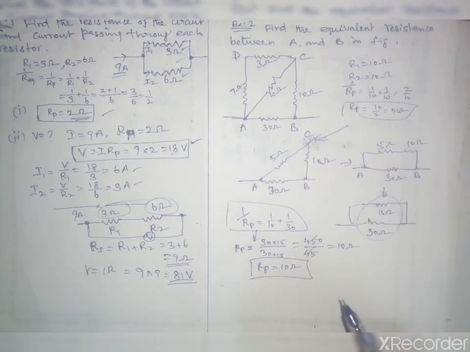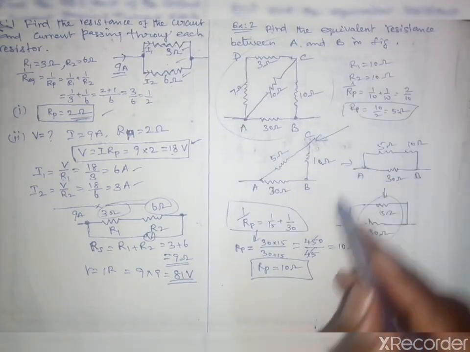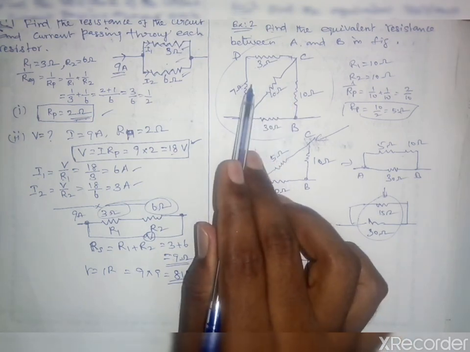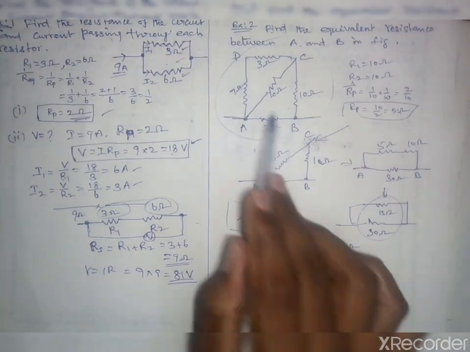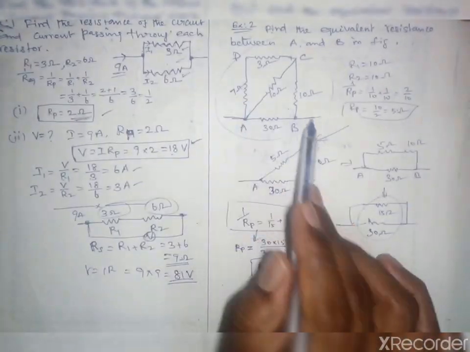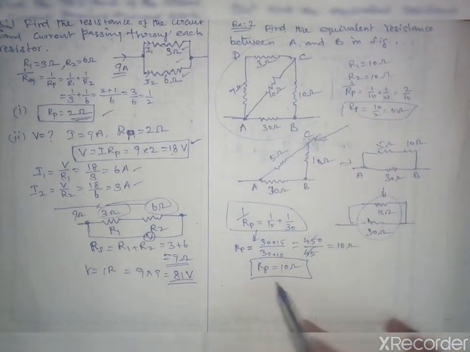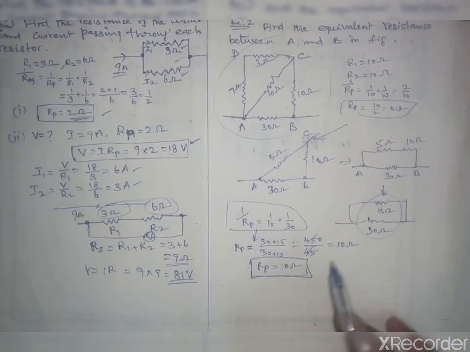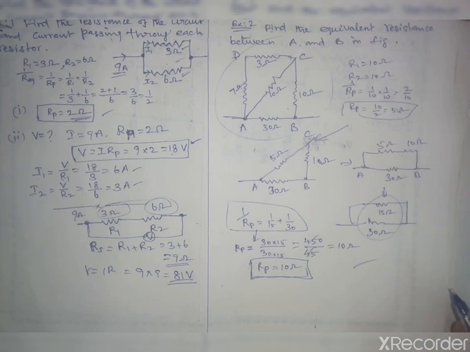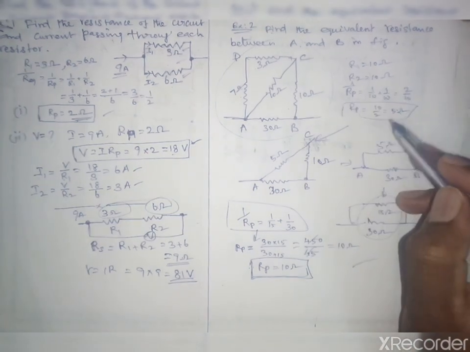So this is the final equivalent resistance of this circuit. So this is a combination of both series and parallel connections. So according to simplification, we have to reduce the circuits, and finally we obtain the value of resistance. So these are the examples. So similar way we can do many problems by taking and